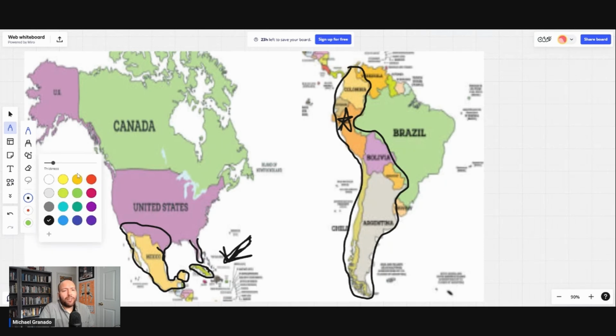So after the Spanish, we have the Portuguese. I'm going to use yellow for the Portuguese. I said there was one major exception in Latin America as to who speaks Spanish. That exception, of course, is Brazil. The national language there is Portuguese. Portugal is going to take over. Spain and Portugal kind of split South America. It's a long story there, but they agree to split South America with Portugal taking what is modern day Brazil.